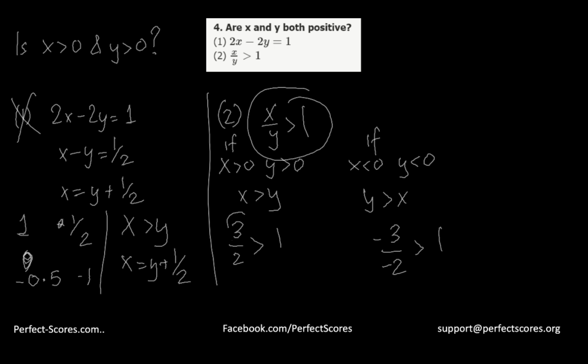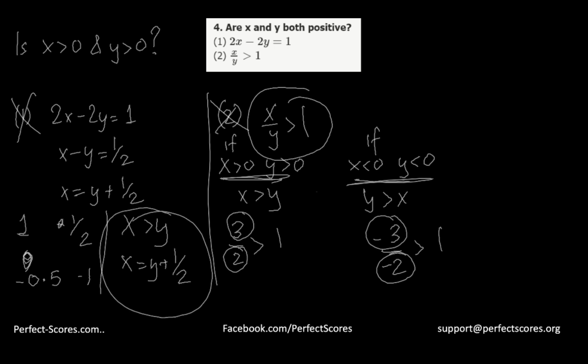Either the top number is greater than the bottom number and they're both positive, or the top number is less than the bottom number and they're both negative. You can't have the two having different signs. They both have to have the same signs, and if both are positive, the numerator is greater than the denominator, and if both are negative, the numerator is actually less than the denominator. This is insufficient for sure, because we don't know the signs. Both could be positive and both could be negative. But if you combine both of them, you know x is greater than y from the first statement,